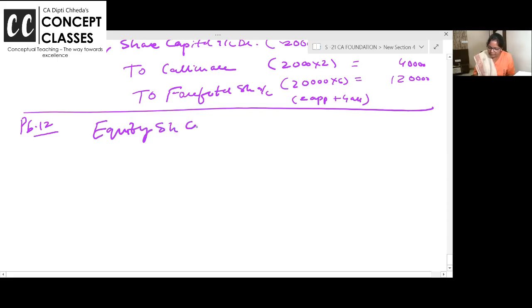Equity share capital debit, 5,000 into 20. 5,000 into